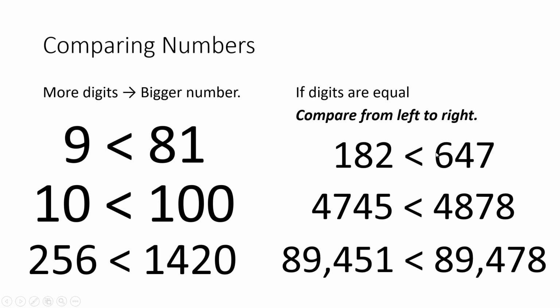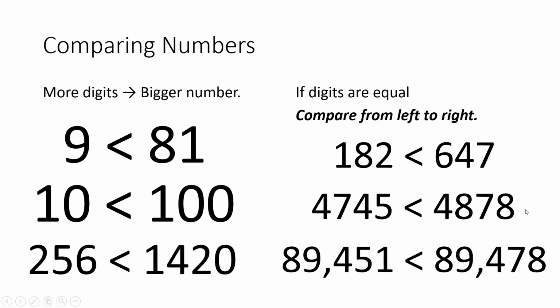Whereas in 647, the highest place value number, the leftmost number, is 6. So we can see that 6 is greater than 1, which makes 647 greater than 192. Very simple, right? Again, another example,